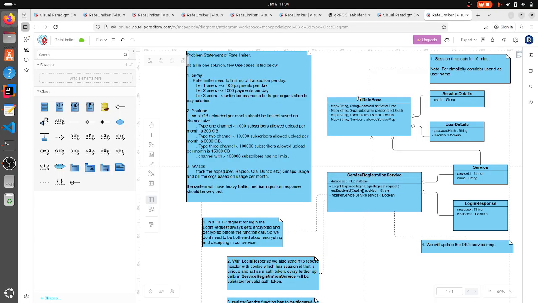So firstly, what is our problem? What is the problem that we are going to solve? What is the rate limit? The problem statement of the rate limiter is that it's an all-in-one solution. A few users and use cases are listed, like Google Pay. The rate limiter needs to limit the number of transactions per day